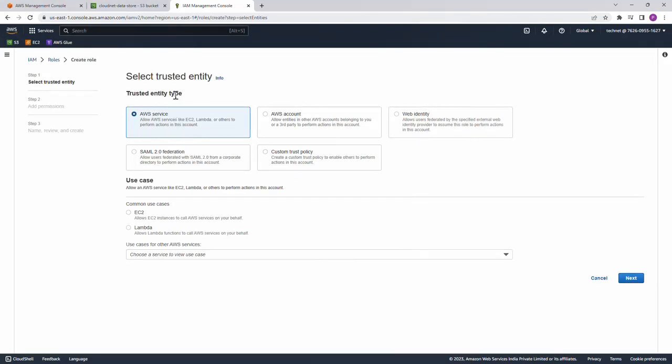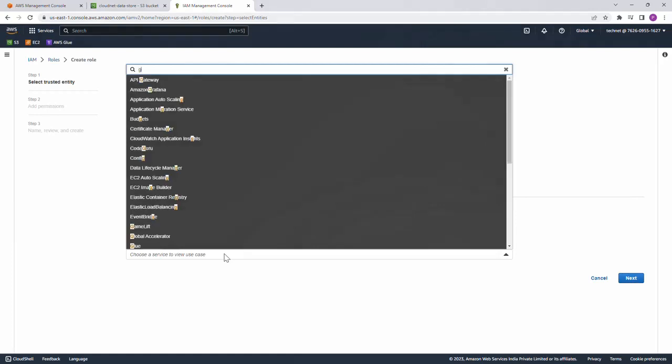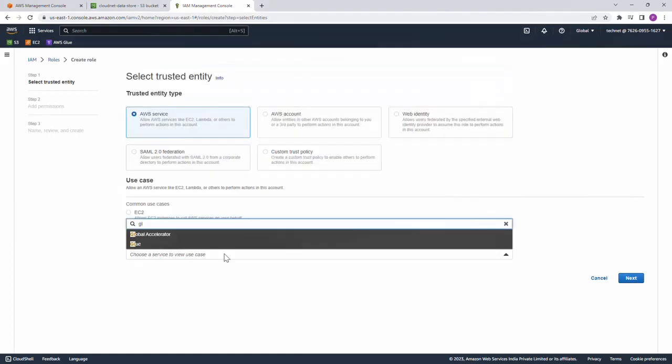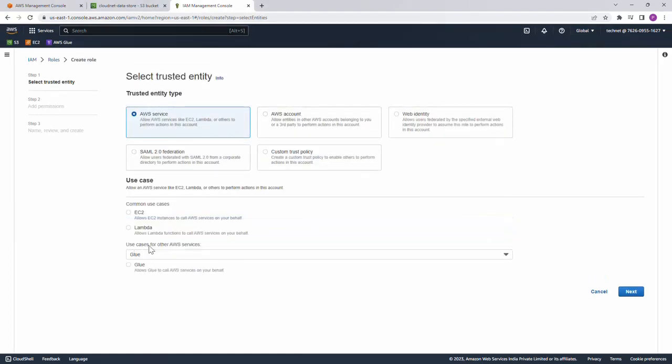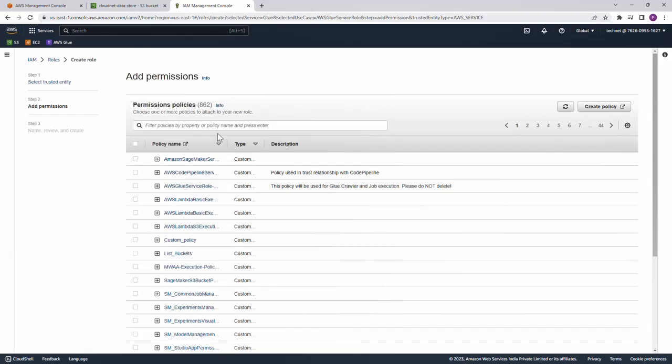So we want another AWS service to use this. Select the AWS services option. And from here, let us search for Glue. Select Glue, click Next, and we have to select the policies from here. For this demo purpose, I'm going to select admin policy,